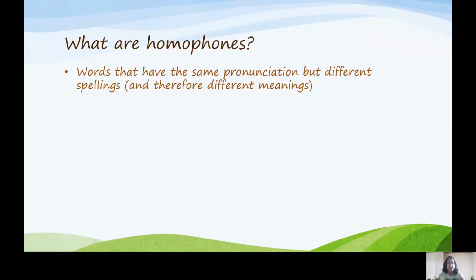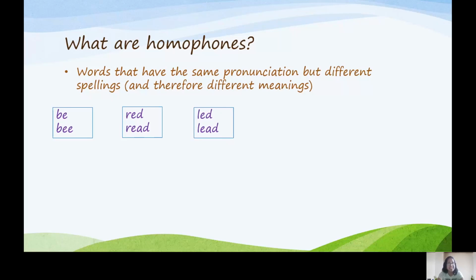meanings. For example, the verb to be or the insect, the colour red, or the past tense of read, the past tense of lead, or the metal lead, I or my eye, the flower in your garden or the flour you use to cook with, an hour as in 60 minutes or hour belonging to us,